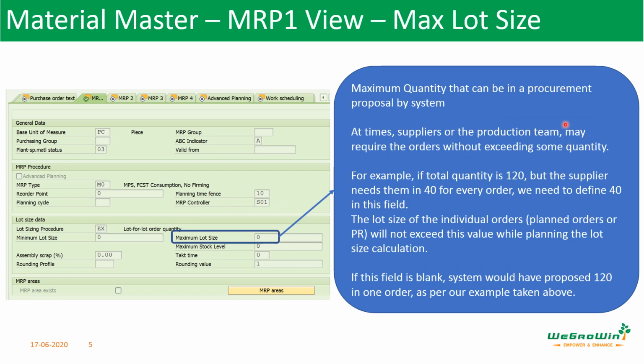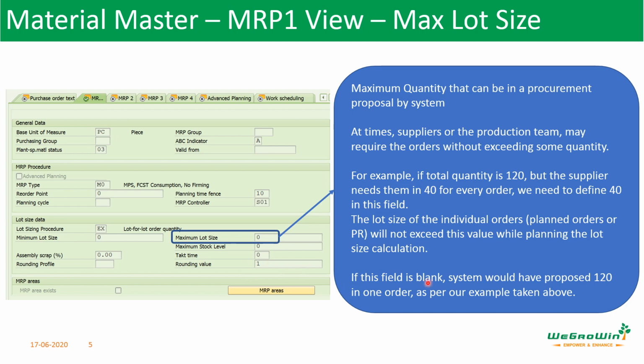And then there is a maximum lot size. When will it come? For example, a supplier may say, every time you place an order, for each order or each line item, give only this much, don't place more than this, I cannot supply like that. Or when you release a production order, they will say that for each batch I can produce 500 numbers. For example, in heat treatment, they can take only this much maximum load. Beyond that, even if you release the order, there is no use. So we have to fix a maximum lot size.